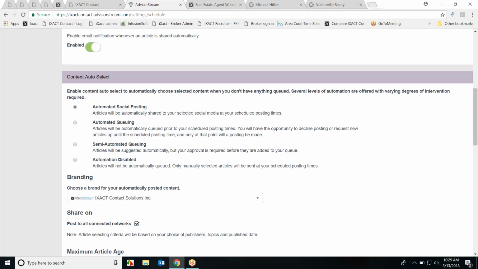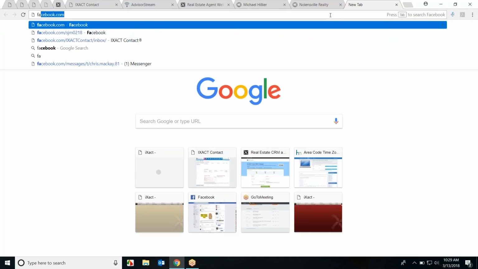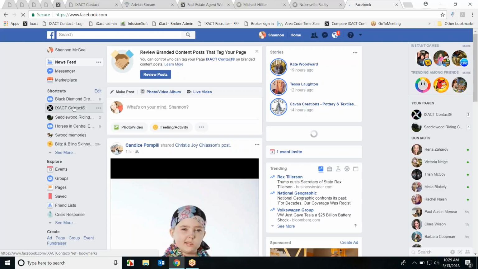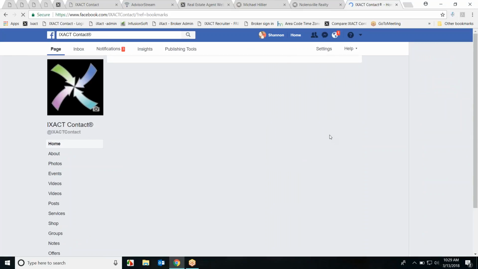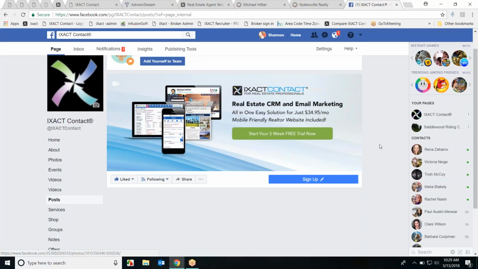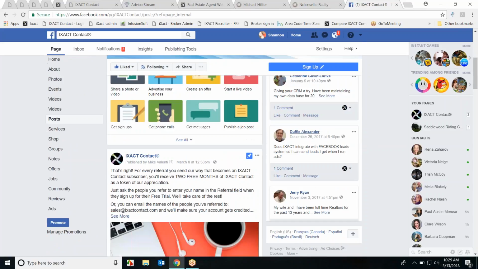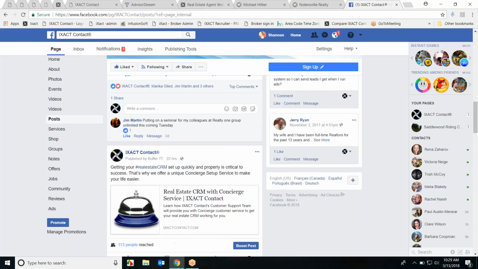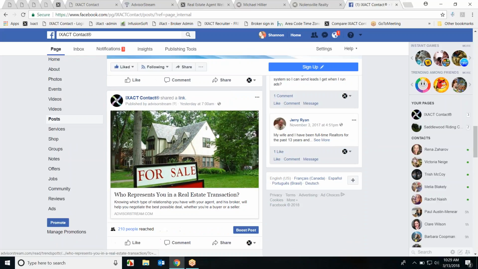One of the huge advantages to this, and I should have had Facebook queued up, but I don't, but I will in a second here. Not on my Facebook, it's on IXACT Facebook. And let's find a SocialStream post here. Here's one. So this is a post,